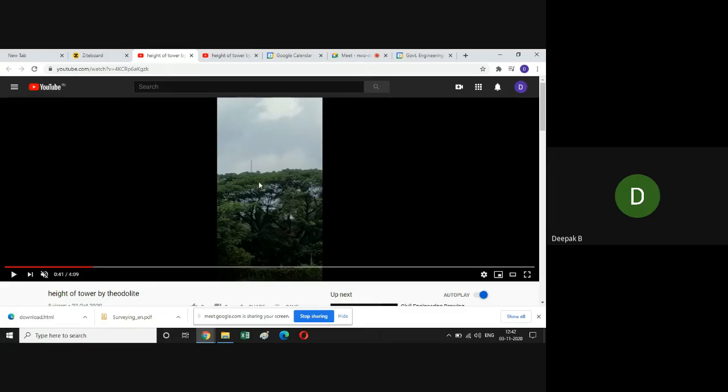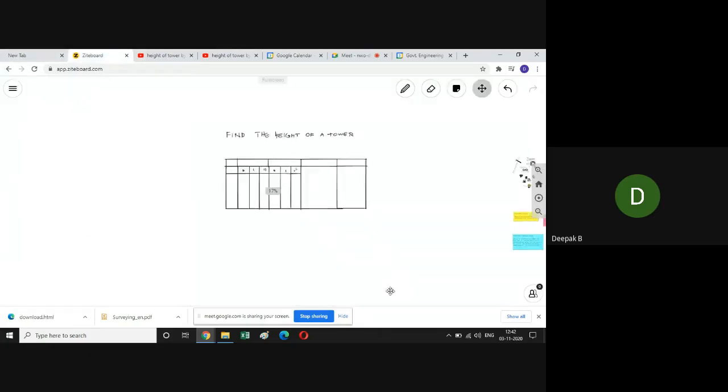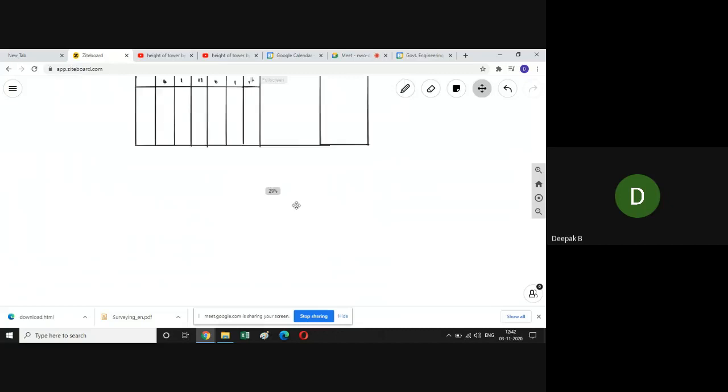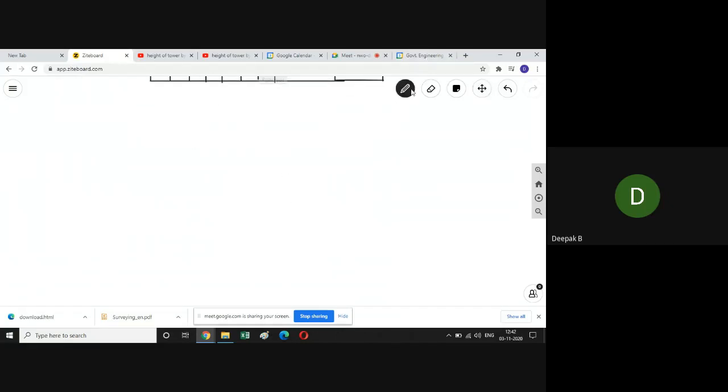We will use a theodolite, a leveling staff, and you might also require a tape to measure a distance. Before going into the theory, I will show you the schematic diagram of what we are supposed to do. Just give me one second. If I draw the plan,